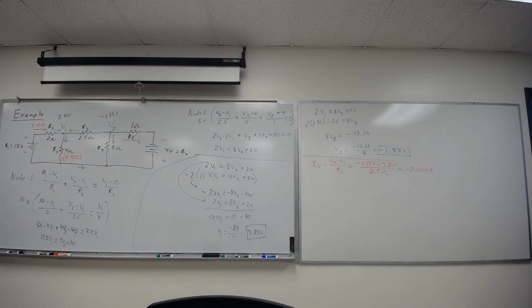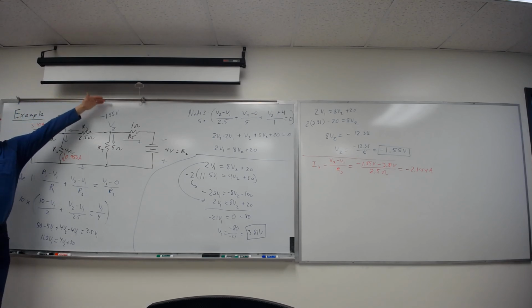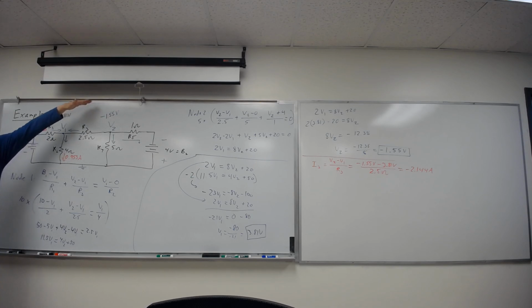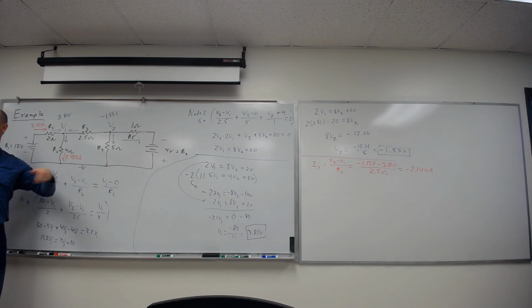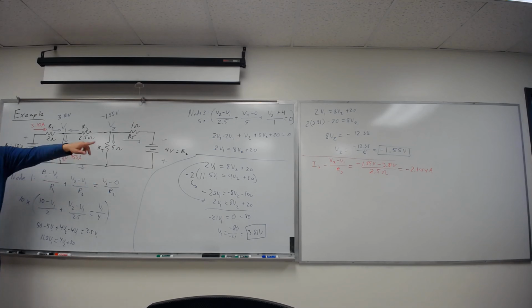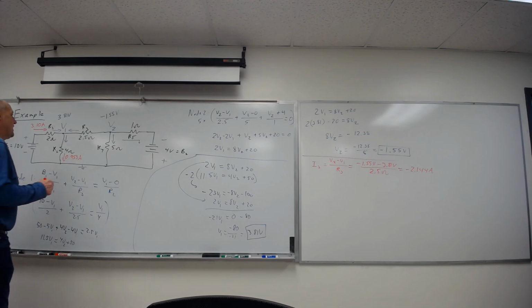So what does that mean? I just did the math. Now, it might be easier for me to come over here and recognize, hey, I'm going to go from 3.81 down to 1.55 volts. So really it's 3.81 minus 1.55 going that way, which is all correct. But if I go back to my initial calculation, it's also all correct. I get minus 2.144 amps